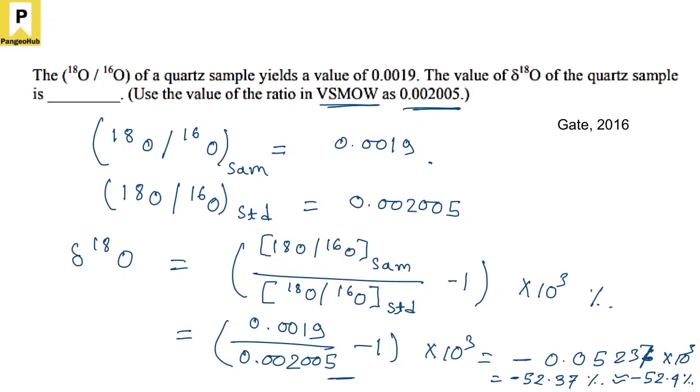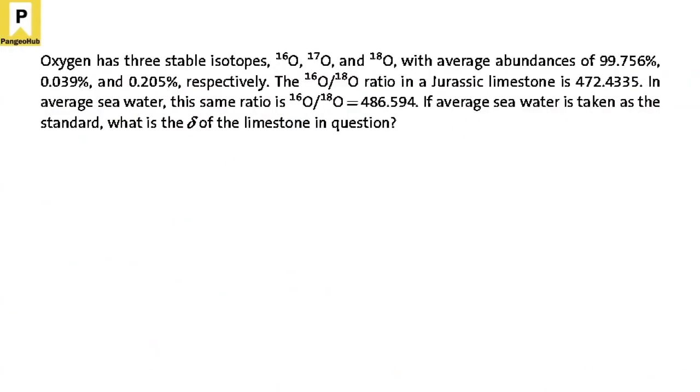Now let's see another question. Here it asks: oxygen has three stable isotopes, 16O, 17O, and 18O, with average abundances of 99.756 percent, 0.039, and 0.205 respectively. The 16O divided by 18O ratio in a Jurassic limestone is